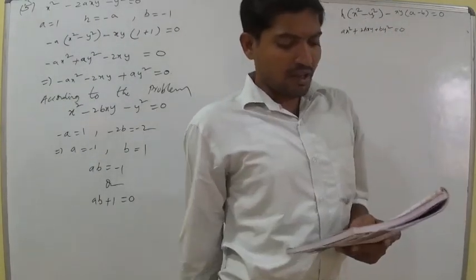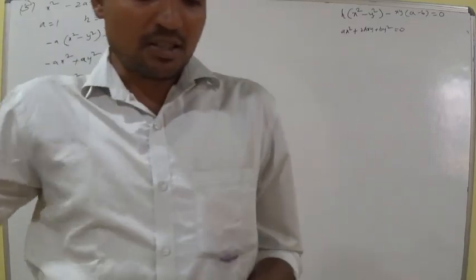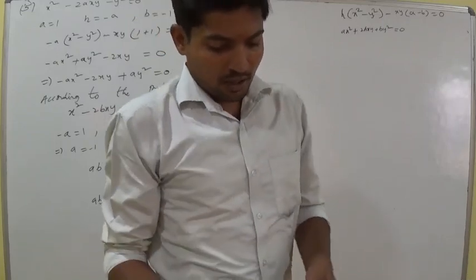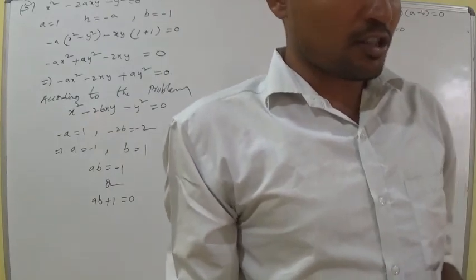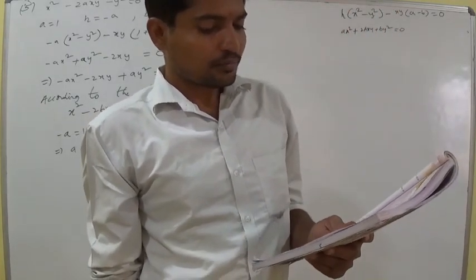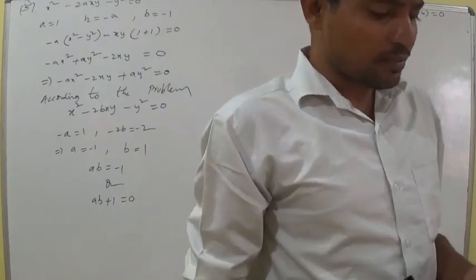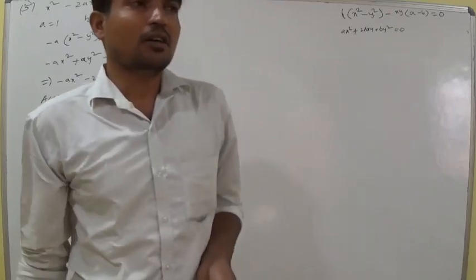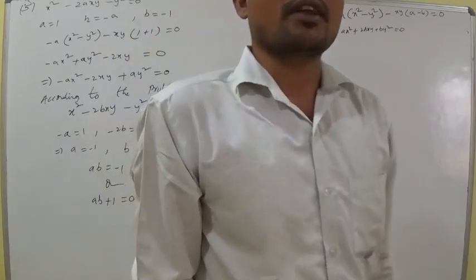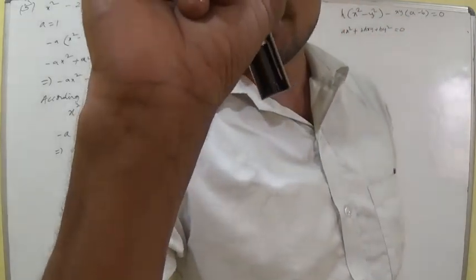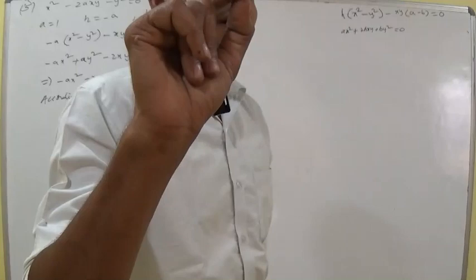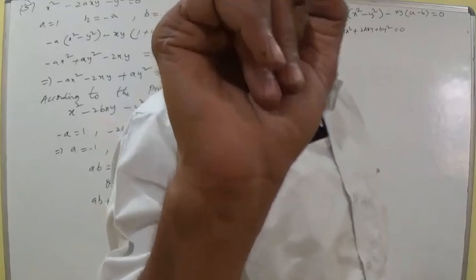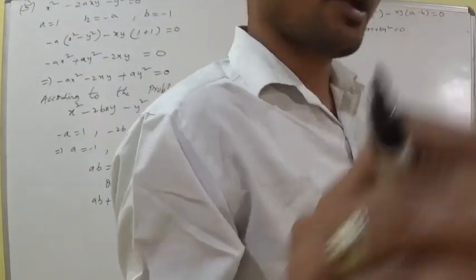The next one: the area of the triangle formed by the lines 12x square plus 20xy plus 7y square equal to 0 and 2x minus 3y plus 4 is equal to 0 is 4 units. You can solve this problem with the help of a formula. What is the formula also given here? The area of a triangle formed by the given lines is n square into square root of h square minus ab by modulus of al square minus 2hlm plus bl square. Use that formula and solve that problem.